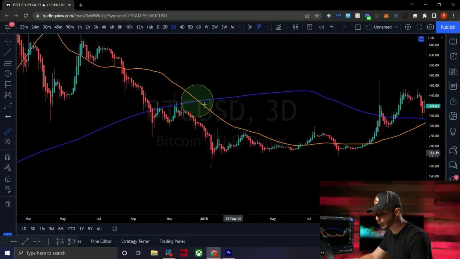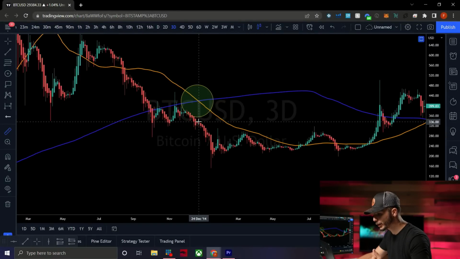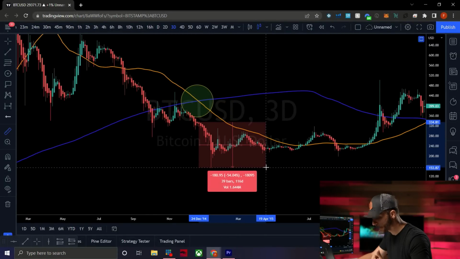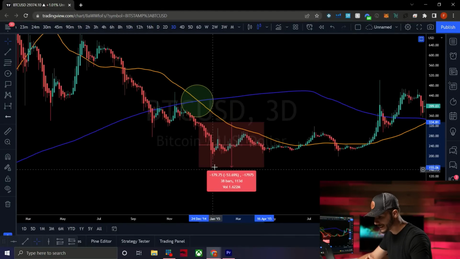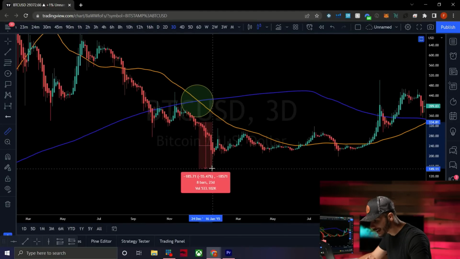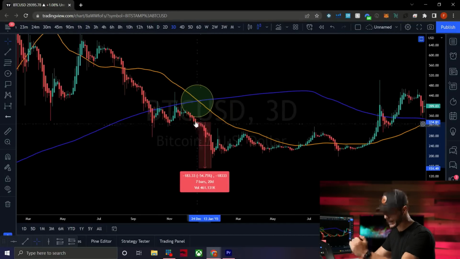So if we go ahead and grab our ruler tool and we come up to our death cross right here, I'm gonna go to the right of it because I'd like to measure from where it was confirmed. So we're gonna come right here, right where the death cross happened, and measure from the top of this candle all the way to the actual bottom of the bear market, right? So that would be this wick right here, about the bottom of the bear market, and I'm going to try to get this day to the exact day here. So you came down about 53 or 54%